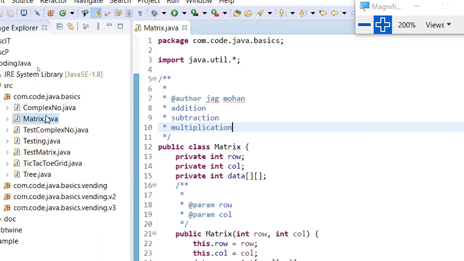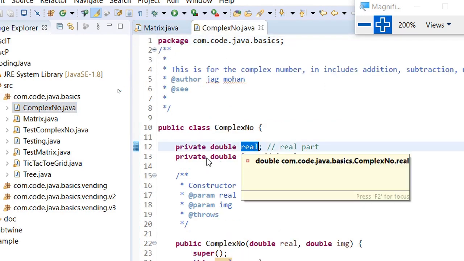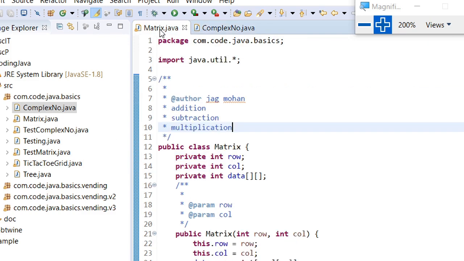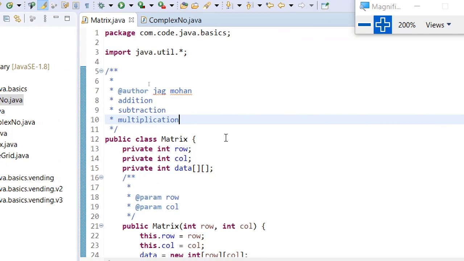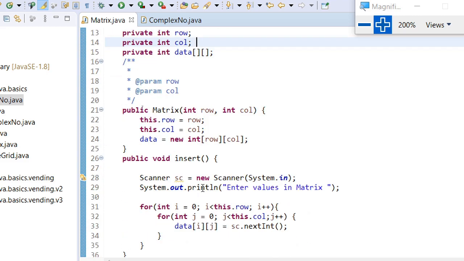Similarly, if we have a complex number, then for the complex number we have the properties like the real part and the imaginary part. For any other class you can think of, like a person class, the properties are the name of the person, the age of the person, its gender. These are the properties. So in object oriented languages we have the concept of an entity. Entity is basically an object, or we can create a class by keeping all these properties in mind. So I am creating